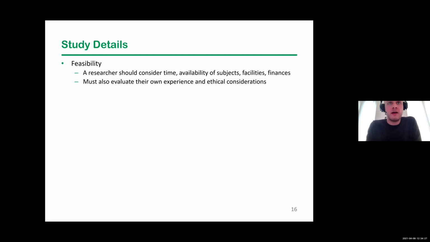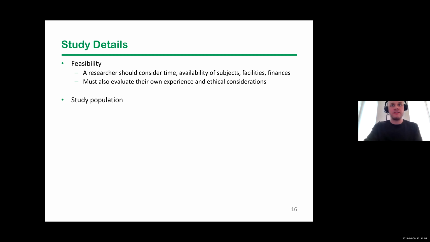In addition, you need to also consider your own experience and ethical considerations. The majority of you, especially if you're new researchers, I imagine are going to be doing observational research. You're not doing a complex multi-site randomized clinical trial, right? We have to think about our own limitations and our own logistics and abilities when we're creating our studies. That will be very important to make sure that you are successful in getting your studies done in a reasonable amount of time, and that you don't overextend yourself or make a big mistake and the study doesn't work out because of that mistake.